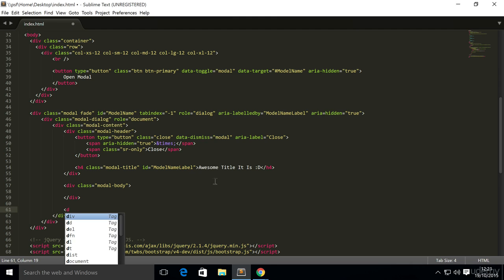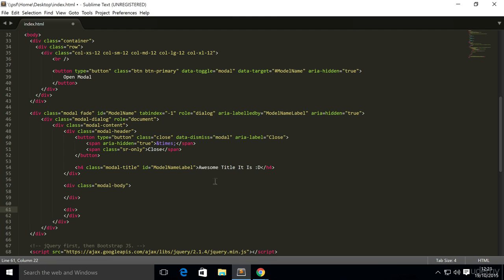Finally, we're just going to put a footer. You don't have to have a footer, but footers are cool as well. Plus we're going to show you how to do it, and then you can choose if you want to omit it. If you do, just simply remove this div. If you don't want a header, remove this div. If you don't want a body, remove this div. Simple as that. And inside here we're going to have a button,